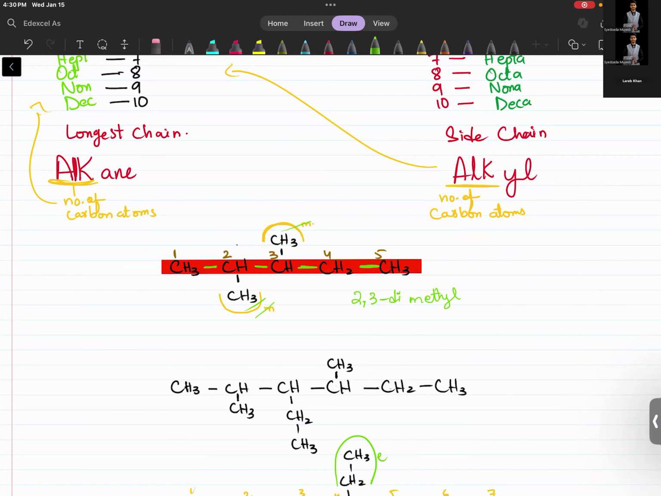We're done with the side chains now. Now we need to go for the longest chain. How many carbons? 5 carbons means pent. What type of bond is between the carbon atoms? So it will be like a